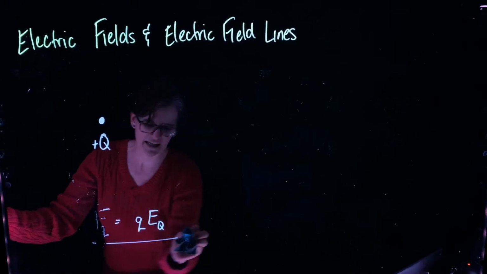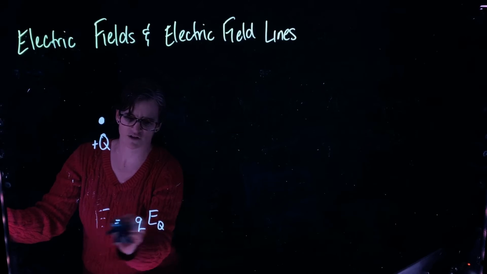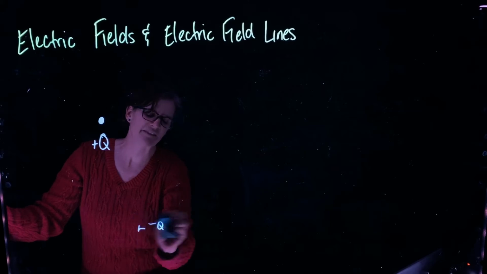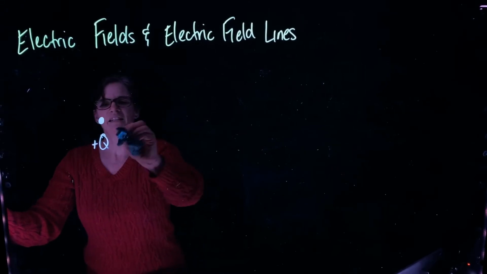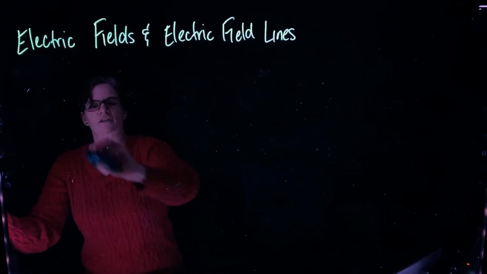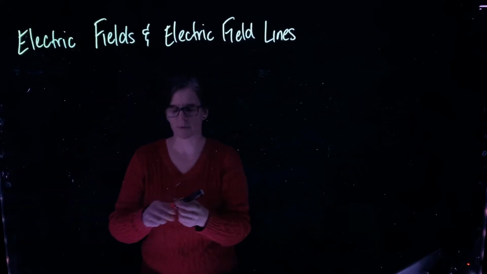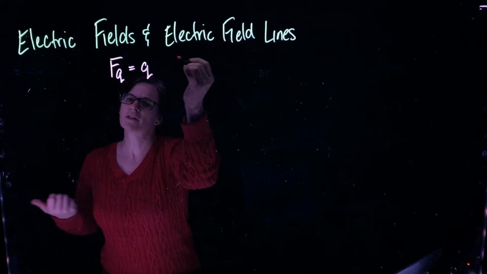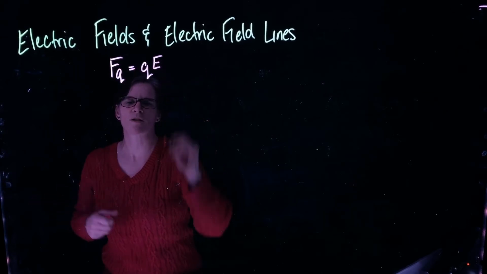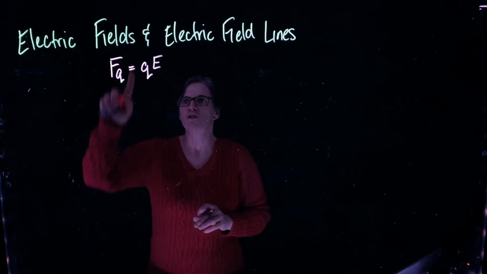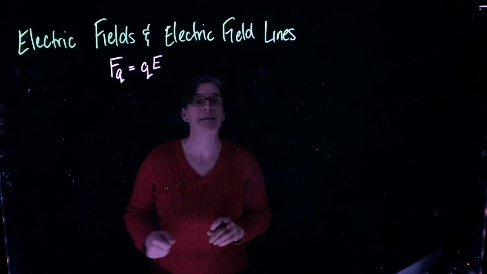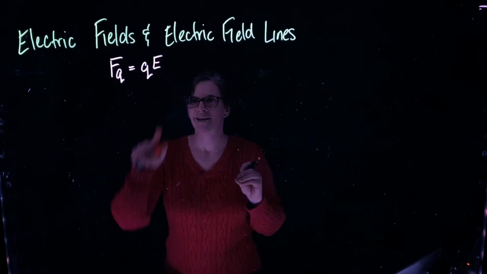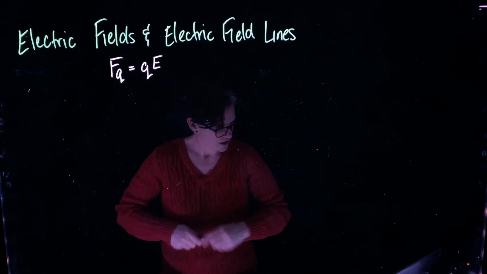Now, by convention, like I said, we're going to take a positive test charge, and we're going to plop it in the space and look at the effect it feels as an indication of the electric field. So we're going to look at the force, because remember that the force on that test charge is equal to that test charge, which is going to be small, times the electric field. So the direction of the force on that charge has to be the same as the direction of the electric field, right, left, up, down, at an angle. So we'll start with